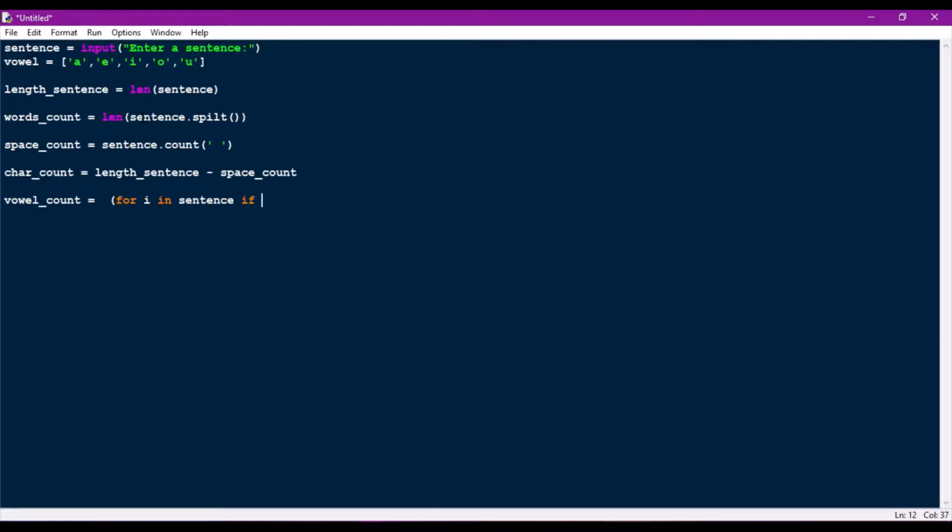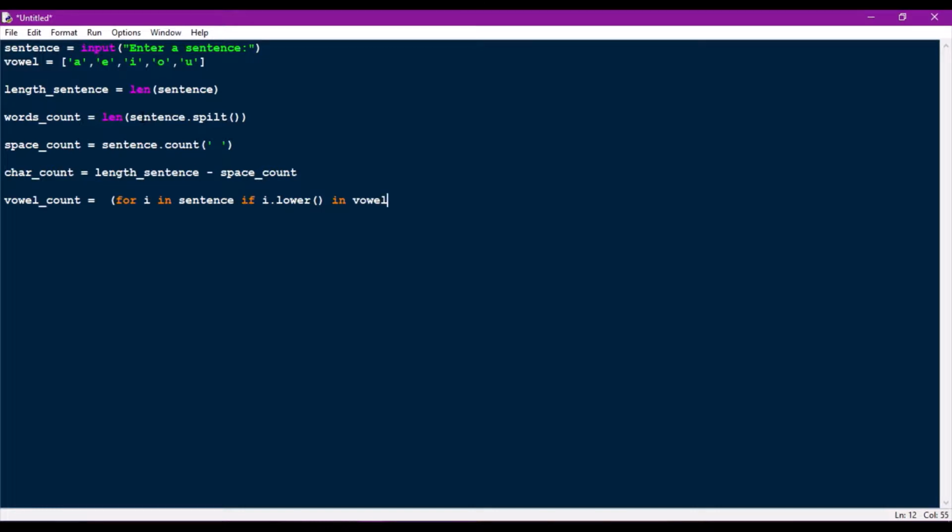We have the vowels list A, E, I, O, U. So first we'll convert that character from the sentence into lowercase, and then we'll verify whether it is available in the vowel list or not.